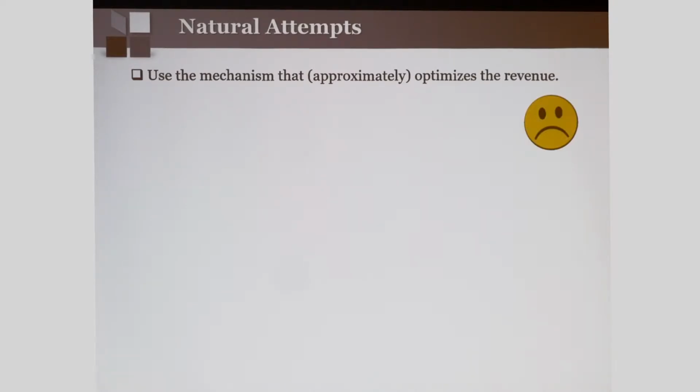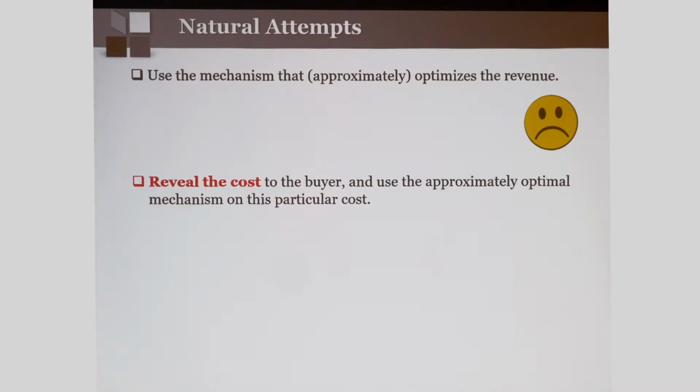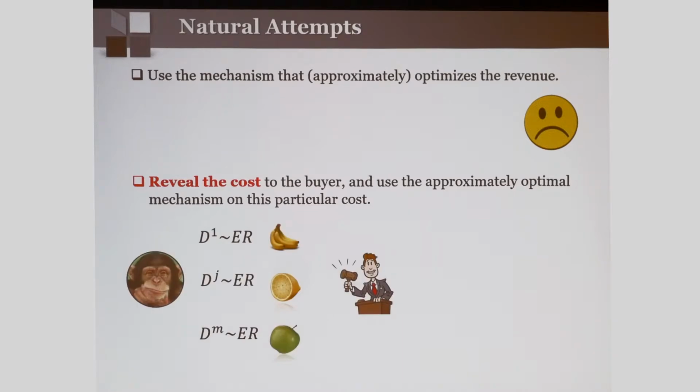This is clearly not a good solution because the items sold in the mechanism might have an extremely high cost, which ruins the profit. The second attempt is to reveal the cost vector to the buyer and then use the approximately optimal mechanism on this particular cost. This looks like a reasonable solution, but